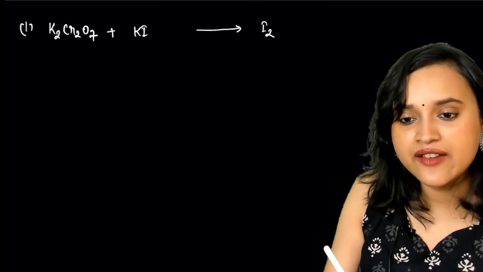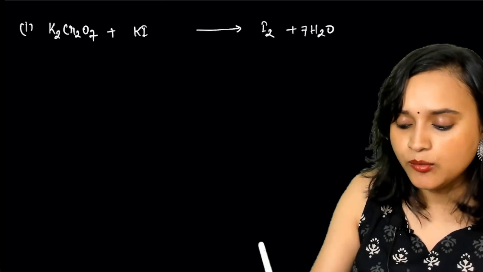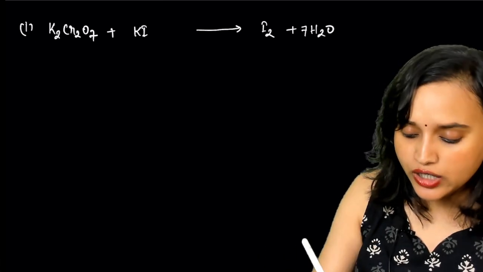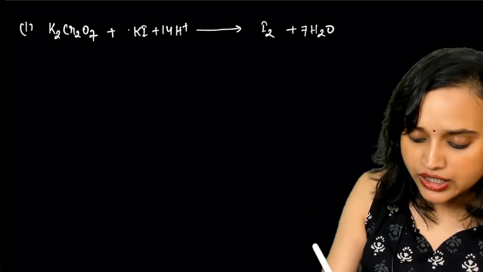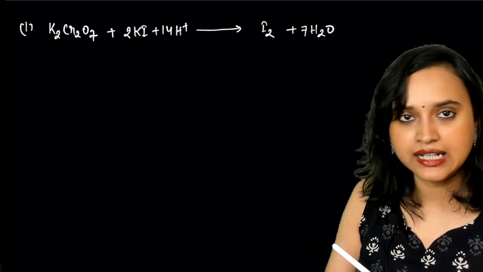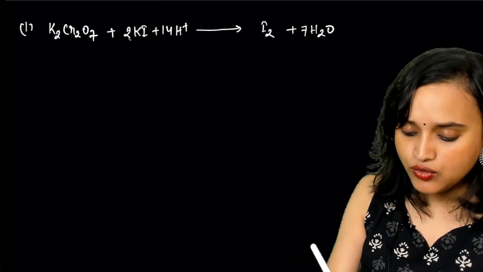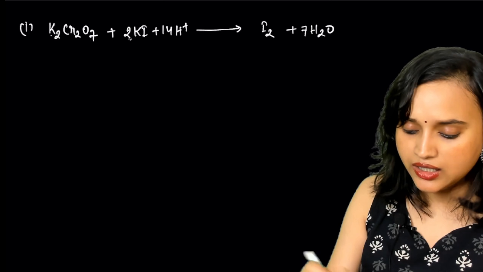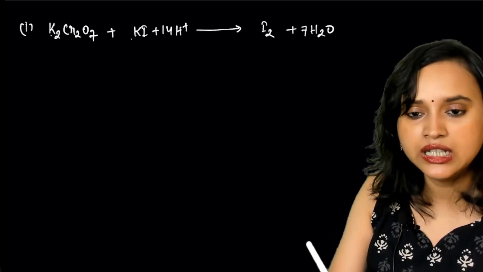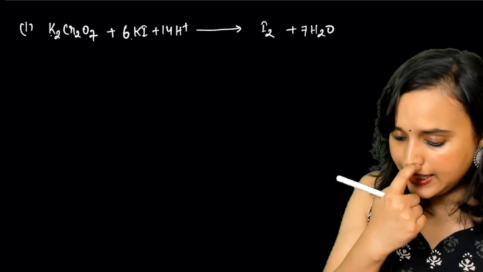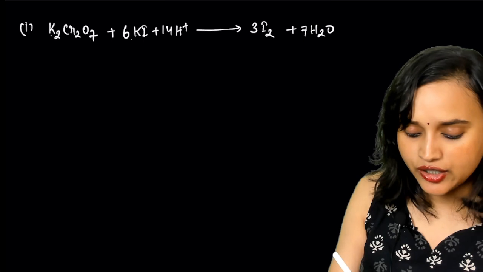Now you see there are 7 oxygen, right? So can I add here 7H2O? The moment I have added 7H2O, 7 times 2 is 14. That means this side I will need 14H plus. I2, so here I have to add 2KI. Is that clear, everybody? Now the moment I add 2KI, I already have 2K here. It is not going to be balanced like this. I will have to add here 6KI. If I add 6KI, then I'm going to get 3I2. This is your K2Cr2O7.